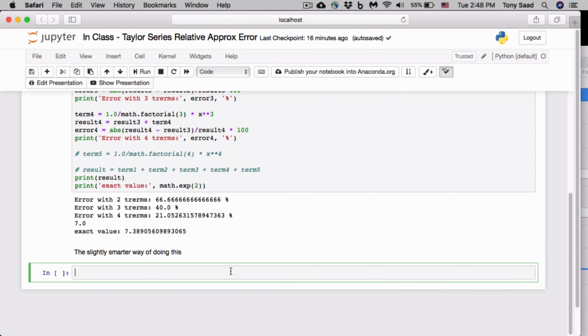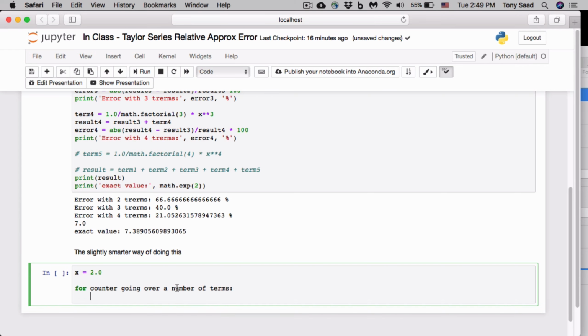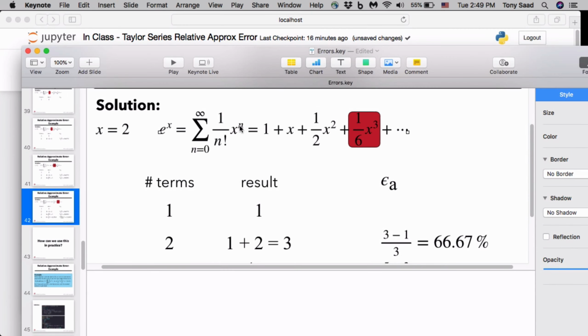First, I'm going to define my x. Again, it's x 2.0. And let's just write it in pseudocode. So for counter, going over a number of terms, do something. And what I want to do is calculate this summation. But I need to store the result somewhere, right? So, okay, I'm calculating the summation. I'm adding 1 over 0 factorial x to the 0 plus 1 over 1 x to the 1 and so on. But I need to store those in a result so that I can keep adding and incrementing the result,